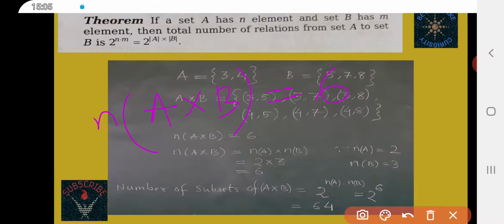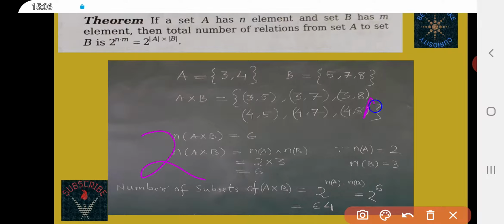So the subsets of A cross B, how many subsets? The number of subsets of A cross B is equal to 2 to the power 6, that is equal to 64. Okay, or you can write it like this also: 2 to the power, and you know the number of elements